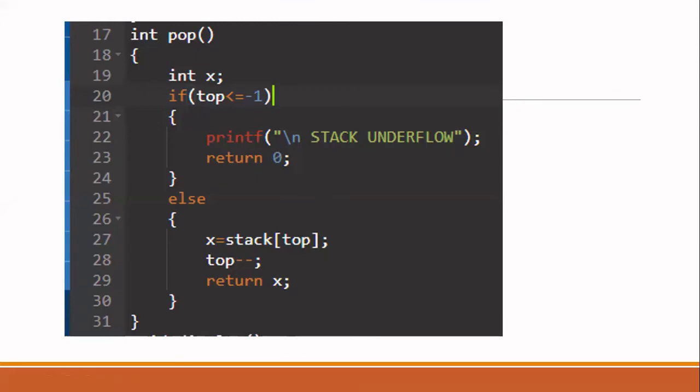In my main function, if I return 0, I will say that it is underflow. If not 0, then it means some answer is available in the stack that I am returning. So remember, since I have declared the return type as integer, for both the cases I am going to return some value. If it is underflow, I am returning 0. If it is not underflow, whatever element is available on the top of the stack, that I have to return. So go to the else part. In the else part, it is not an underflow condition.